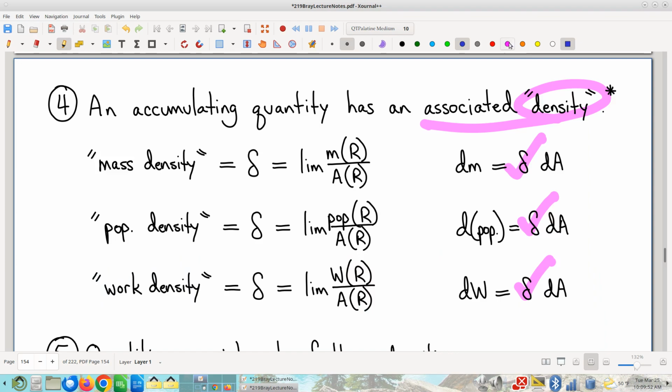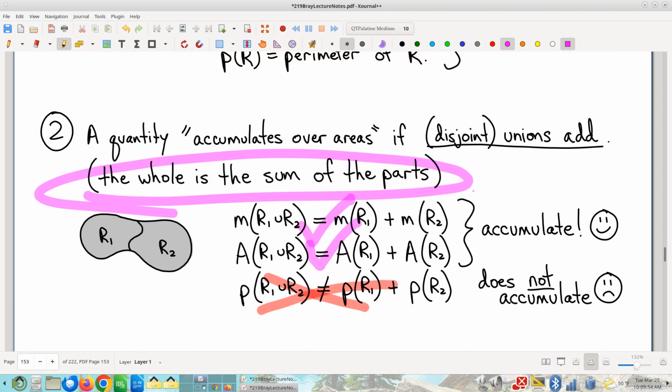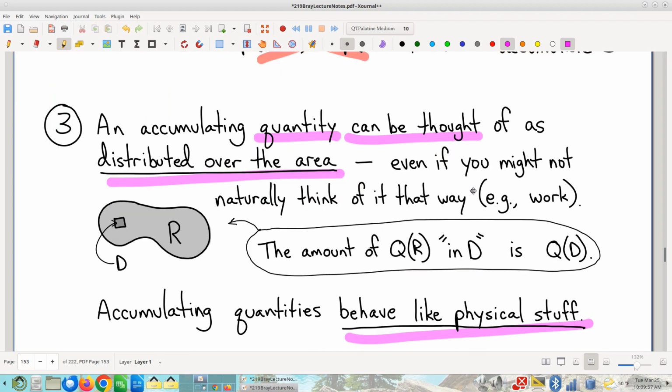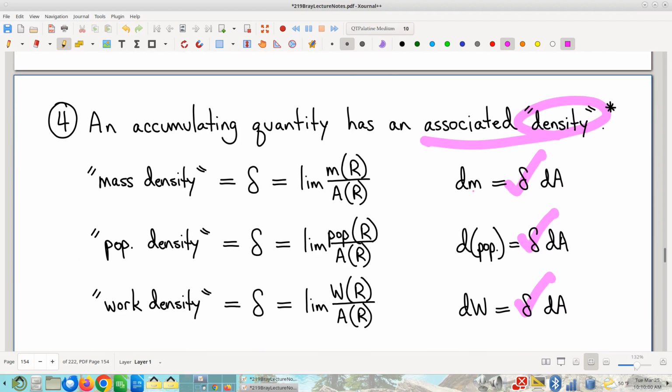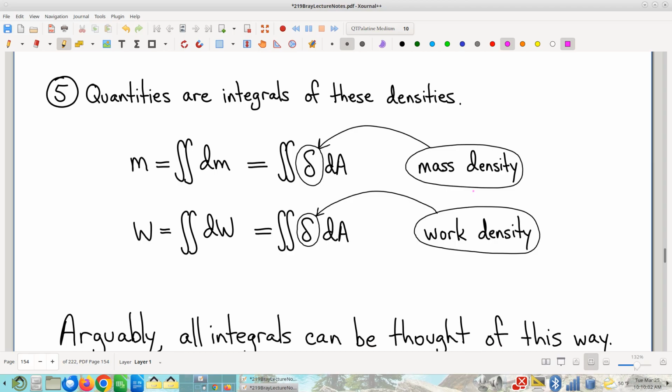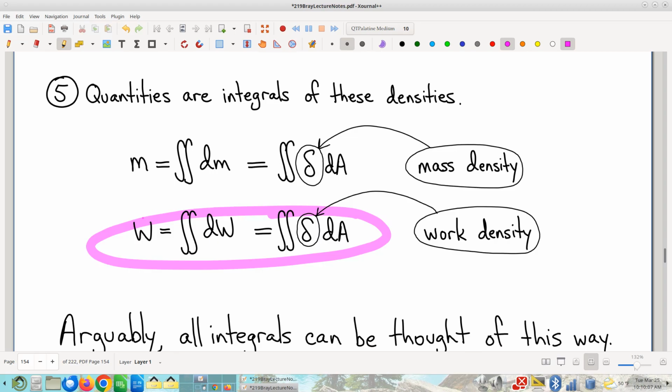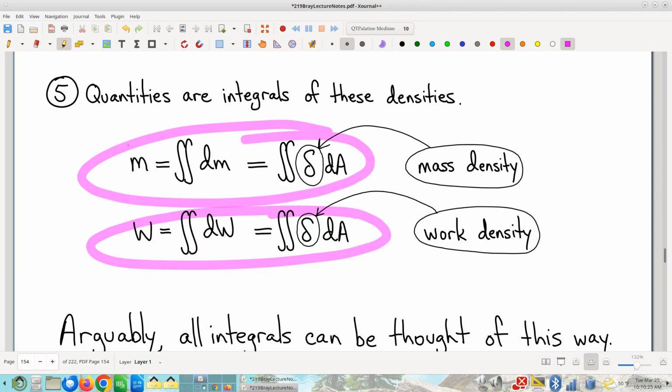And then further, not only does an accumulating quantity behave like stuff and have an associated density, but you can integrate those densities to get integral theorems. So this right here, again, kind of non-obvious. I don't know. What is this density of which we speak? This isn't stuff. What does that even mean, right? Well, we can write that down. We can make sense out of it by analogy, using this idea of it being an accumulating quantity. And strategically, it's not that different from this old boring idea here that y'all have seen a million times.